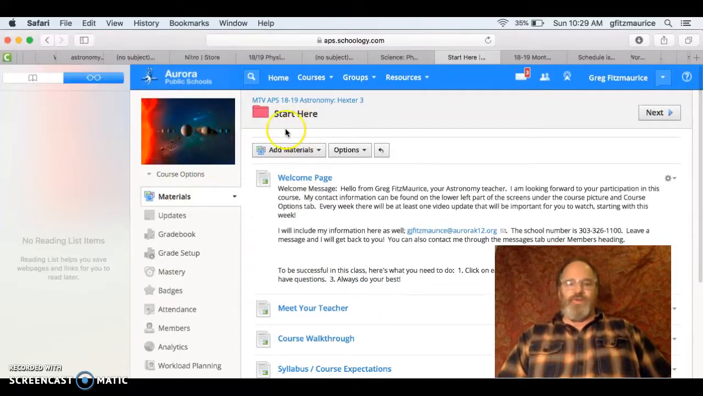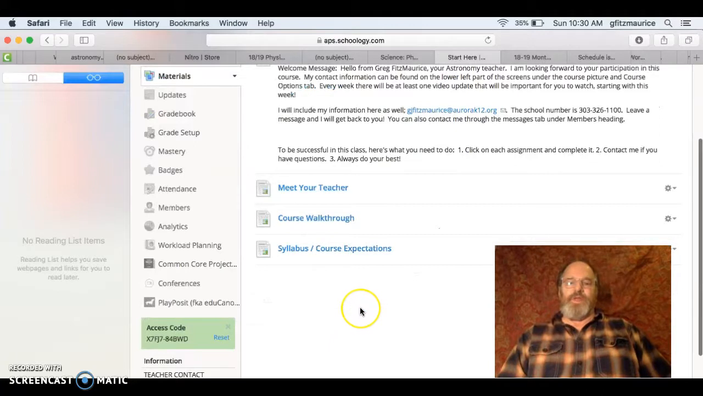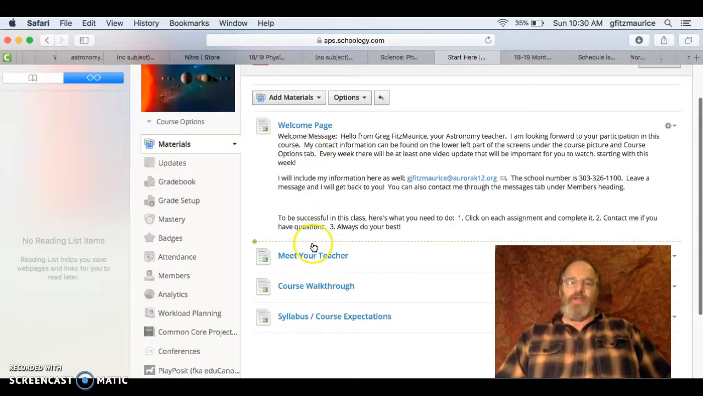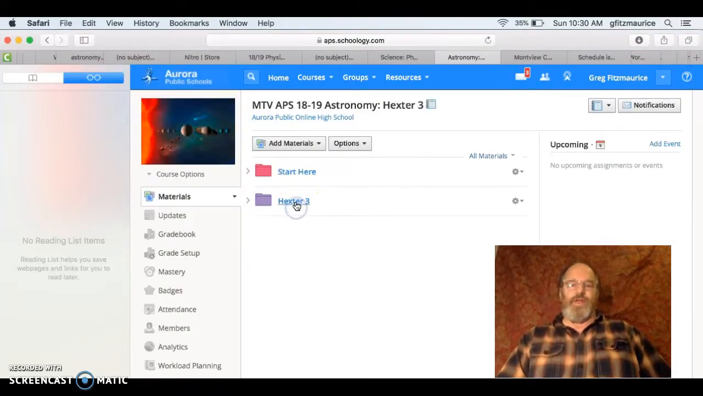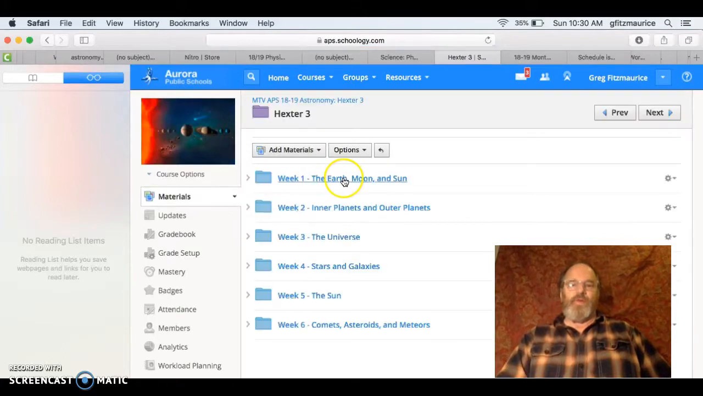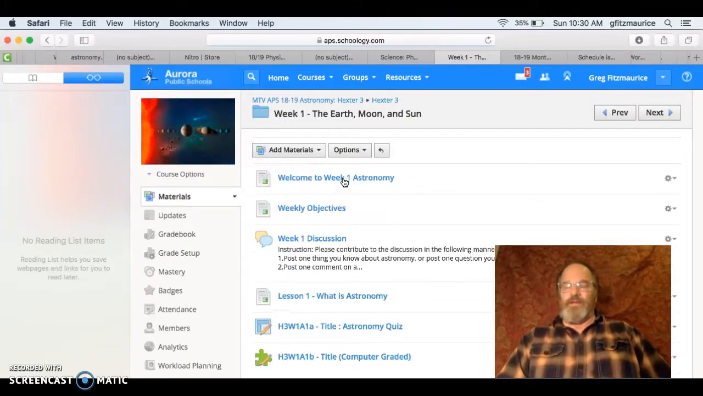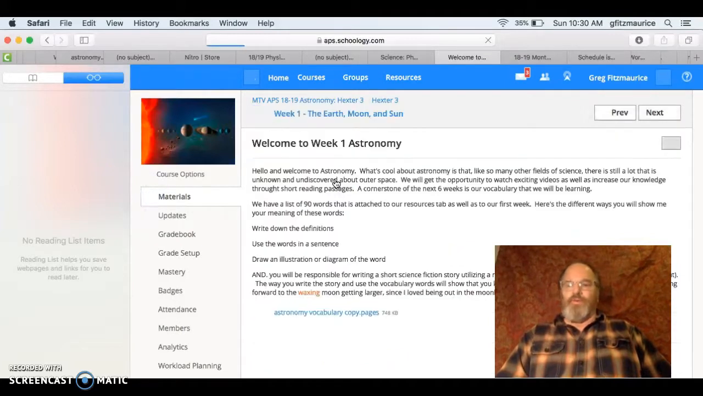I wanted to get right into the materials for week one, though. The syllabus will be a compilation of these three: welcome page, meet your teacher, and course walkthrough. So that'll be handled right there in the syllabus. So for materials, if you click on materials, go to Hexter 3, click on that. Go to week 1, the Earth, Moon, and Sun. And it says welcome to week 1 astronomy. So once you hit that,